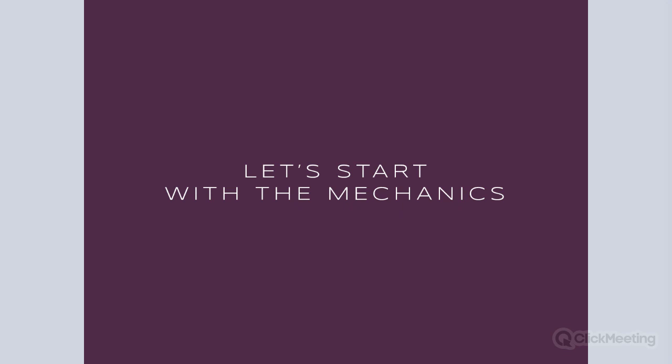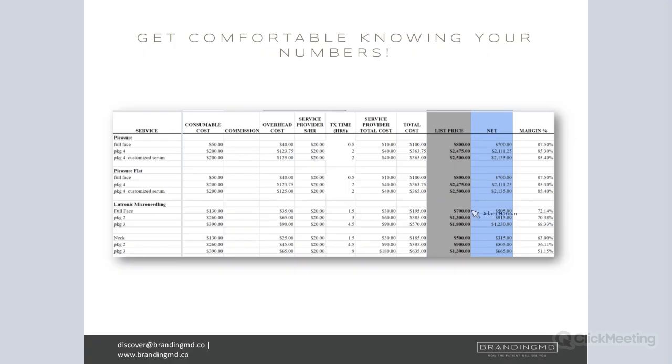So, first things first, like I said, we really want to understand what goes into planning our services menu. What information do we need? What mechanics do we need to be cognizant of? To start with, the most fundamental thing that I think, unfortunately, a lot of practices miss the mark with is you really need to get comfortable knowing your numbers. We want to know everything possible about each of the services we offer, so that we can determine what makes sense as far as pricing goes and how we structure